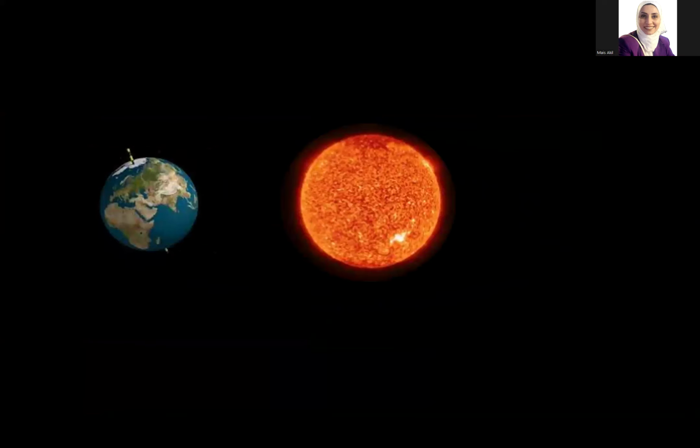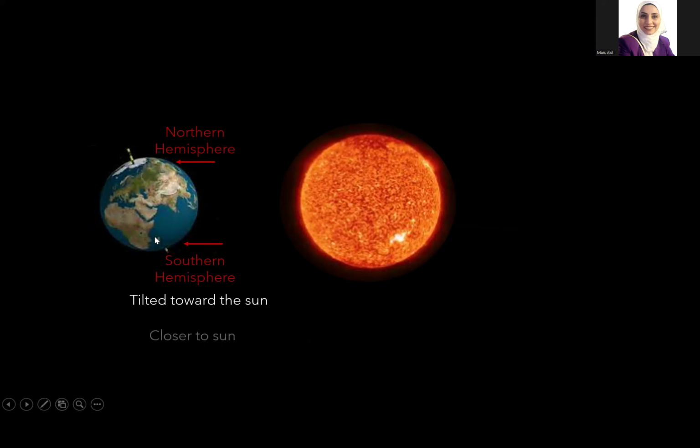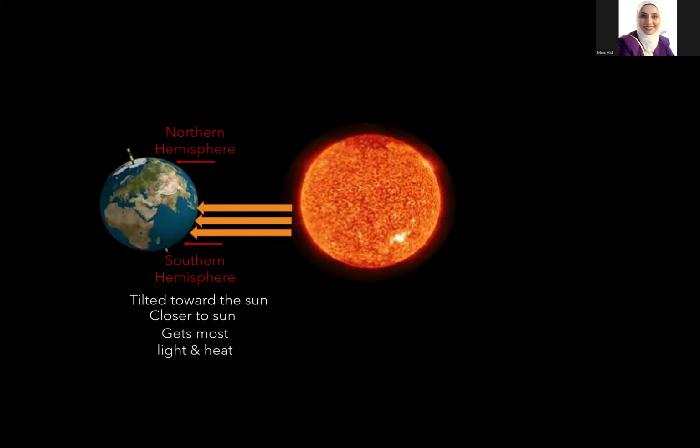Let's see how exactly this could happen. As you see here, as we said, the Earth axis is tilted. It is not straight. This is the northern hemisphere, and this is the southern hemisphere. So, as you see now, the southern hemisphere is tilted toward the sun. That means it is closer to the sun than the northern hemisphere. So it gets the most light and heat. So it has summer. And as the southern hemisphere has summer, the northern hemisphere has the opposite season, which is